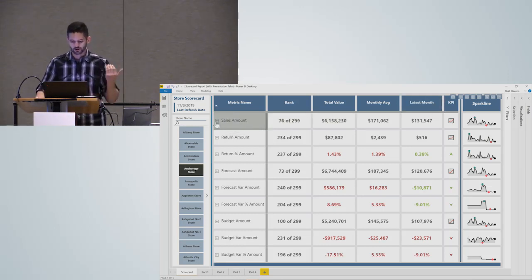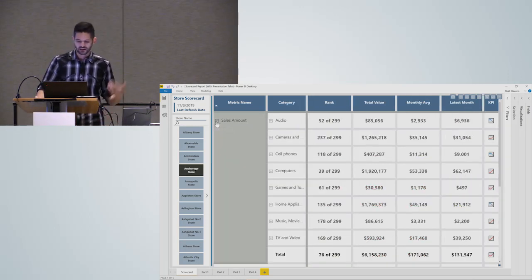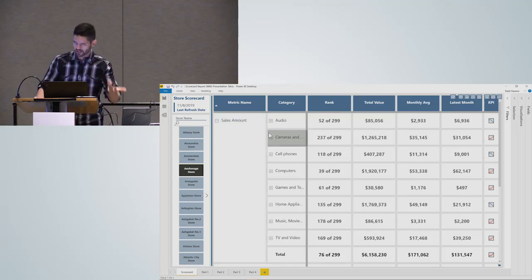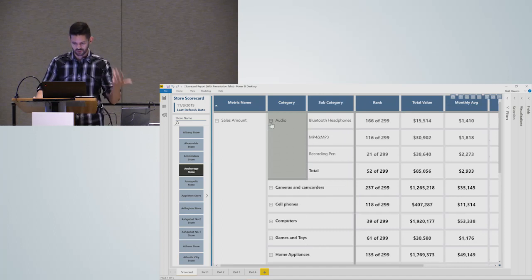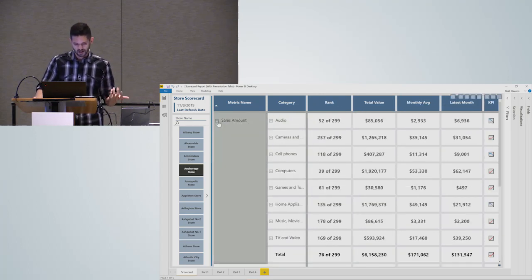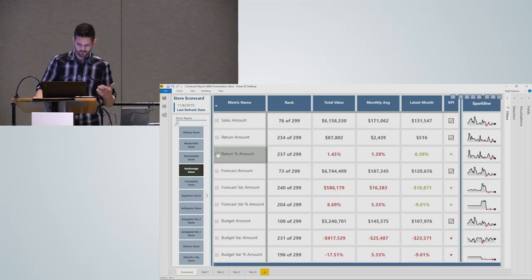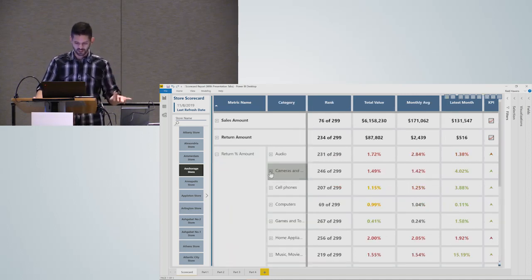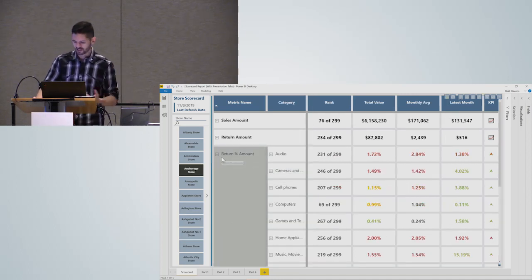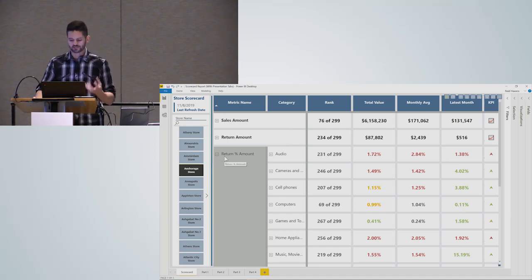The fact that I can go within the sales amount value, and I can actually drill in this case to product category. But these are just placeholders, let's just consider this test data to show you the capabilities of a scorecard and the types of stuff you can build for clients. You start to get those additional grand totals. And let me actually use return percentage, because that will show you the conditional formatting a bit better. But you can drill into this as much as needed and get down to those lower level details, still maintaining this scorecard perspective in here.